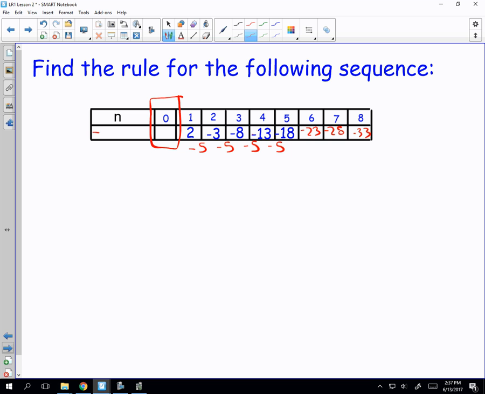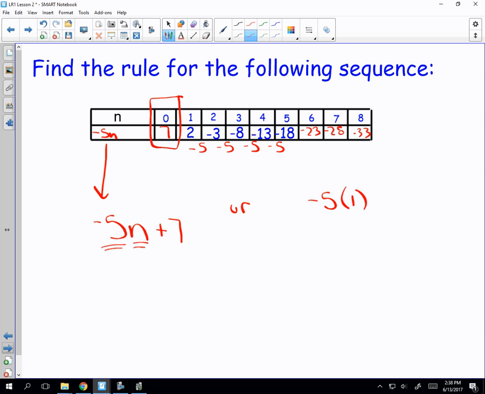Because we know now that the minus 5 is building that leading value, and I'm going to make this a little bit bigger here for our function. We're subtracting 5 every time, every term, so we know that piece, and then we can either back up, so in this case add 5 to get our starting value to build the equation, or the second option that you have is we know that if we are subtracting 5 every time,